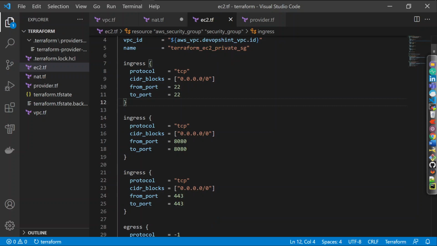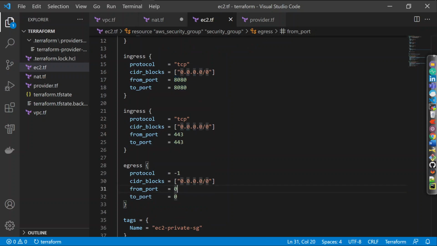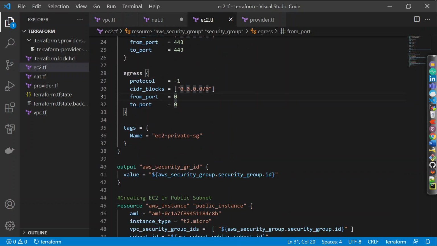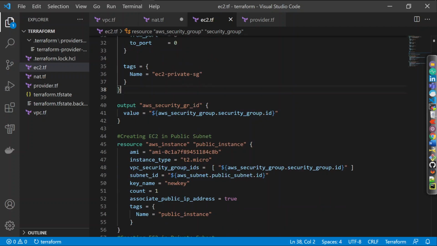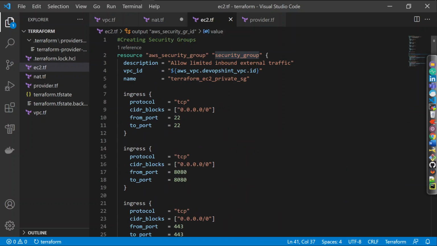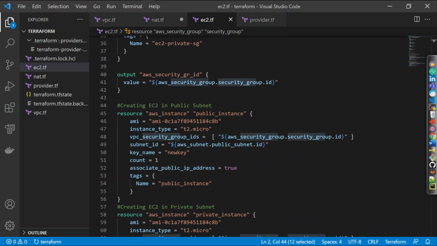You have to give the protocol, then the CIDR block, then the port, like 22, 443, 80, anything. Then the tag for the security group. Fine. Then the output will contain the security group ID, meaning in this value it will store the security group ID. My security group name is just security_group, so I have given the same one.